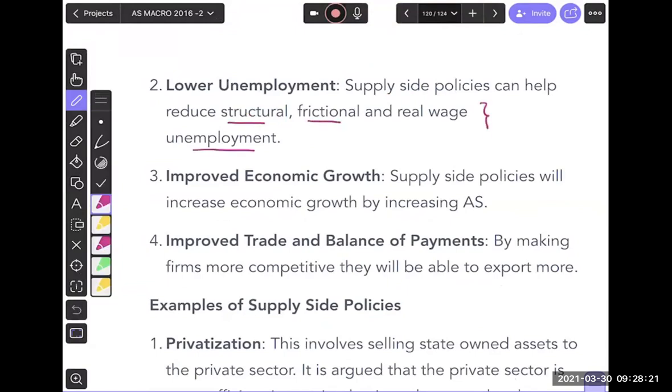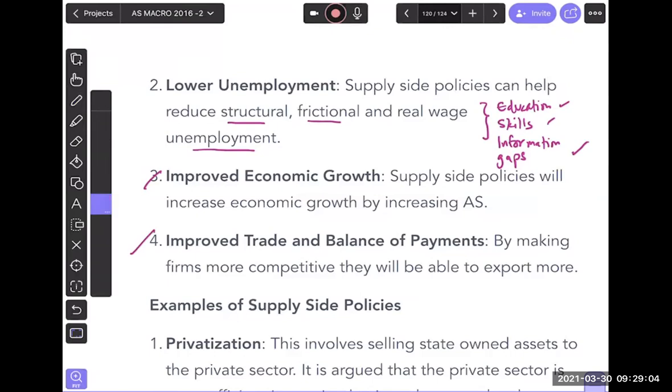But if you look at the different kinds of unemployment, because we are increasing education, because we are increasing skills, and because information gaps are reduced, all of this would mean people will have more information about jobs out there. People will be more skilled and educated in the long run through supply side policies. So it's improving our economic growth, it's improving our balance of payments, and as a result of that, it helps us achieve all the four goals that we want.